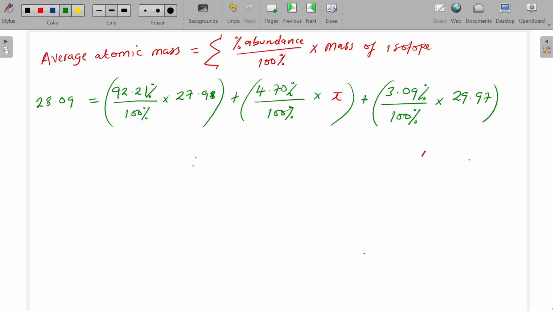All right, so that's what we have there. All we have to do is do mathematics there. All right, so when we do our mathematics here, we're still going to have 28.09, and this is equal to, in the first box, what I'm getting is 25.80. So let me report that. We'll have